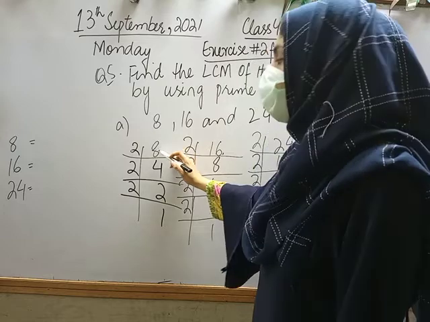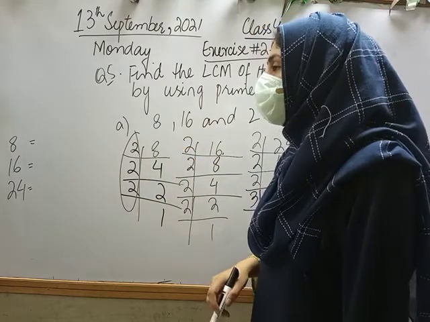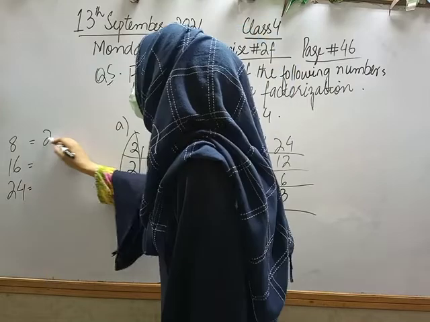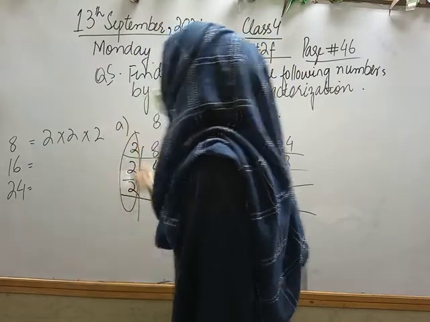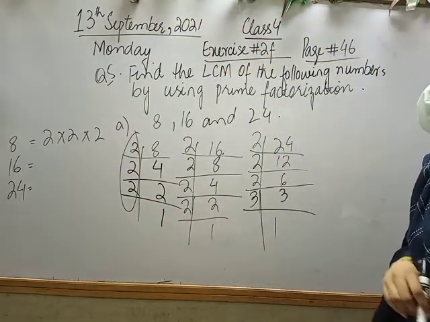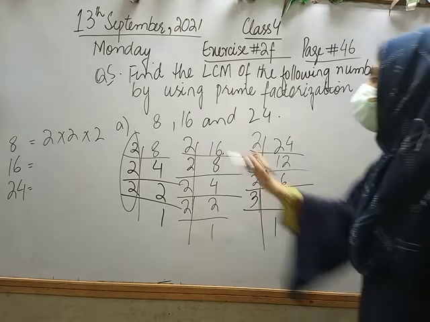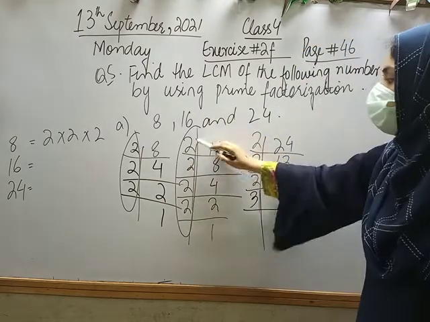Now for number 8, what are the common factors? Very good. 3 times of 2 I will multiply, 3 times of 2. Which I have done, which I have written on the board. Now for number 16, 1 2 3